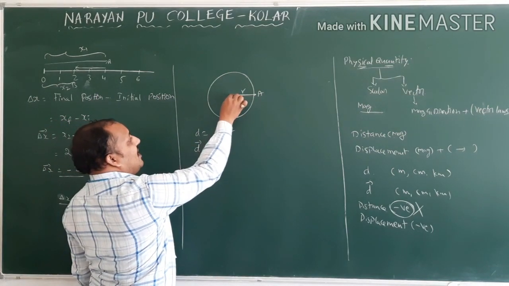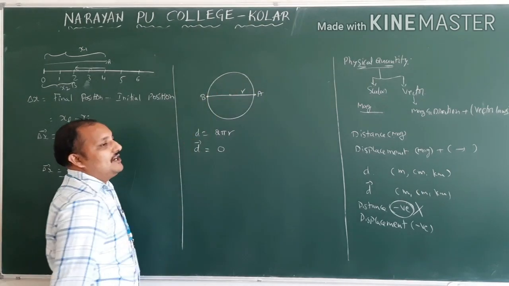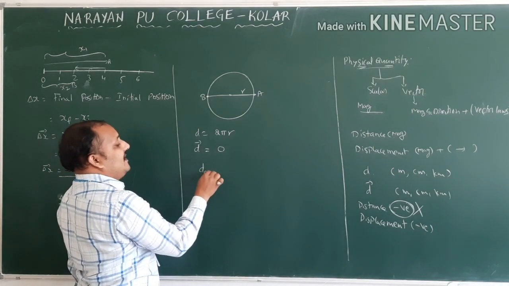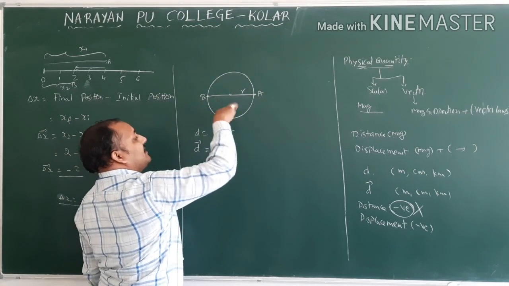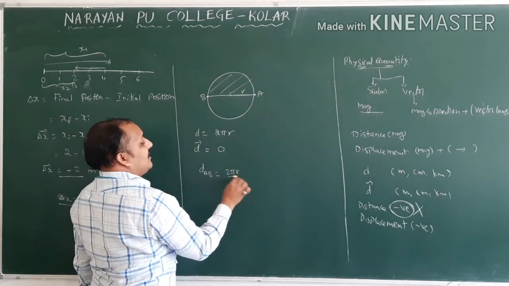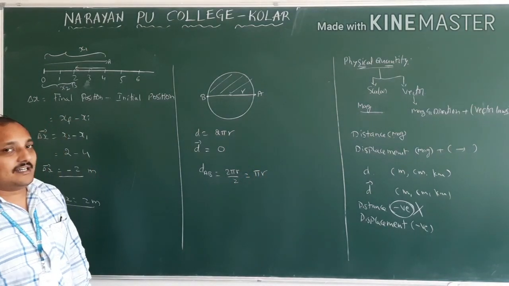If he is going to cover half of the circle, a semicircle, meaning he is moving from A to B, what is the distance? The distance d_AB is equal to the total path covered. So for one full circular path it is 2 pi r. For a semicircle, how much will we get? 2 pi r by 2, that is nothing but pi r. This is nothing but the distance covered by the